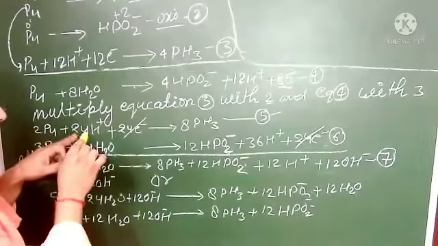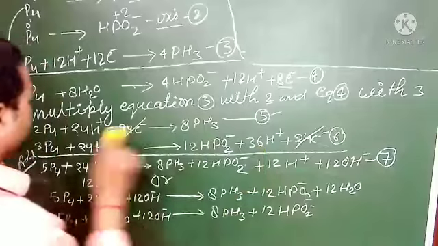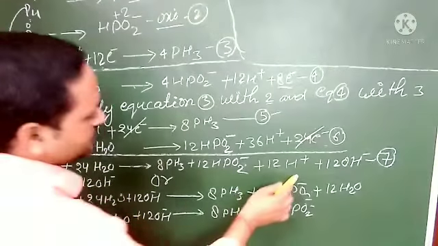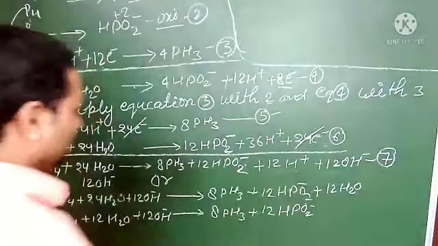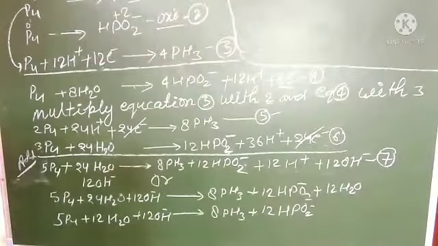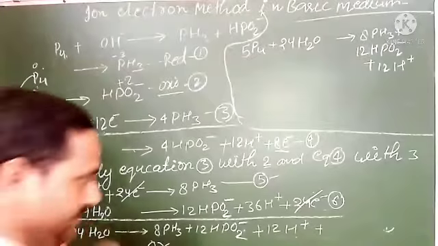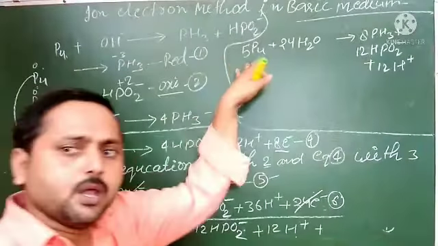If the same things are in opposite directions, we will subtract. So that is bigger, and from that we will subtract: 36 minus 24, that will be 12. Understood this? So what did we get here? We got up to there. So what have we seen? We got the balanced equation.